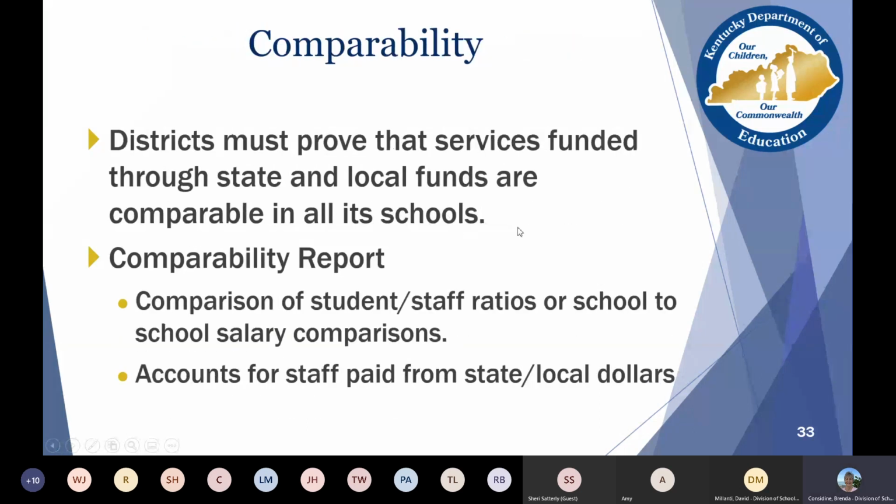And David, I don't know a lot about comparability because I haven't been around long enough to be involved in those reports. I do think they're required in the fall. Yes, you're correct. We do those each fall.